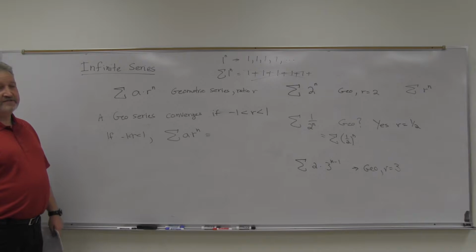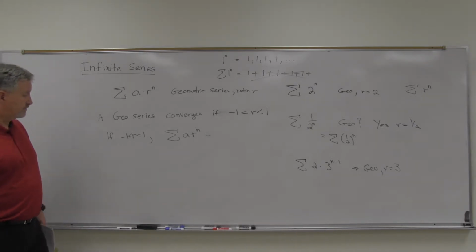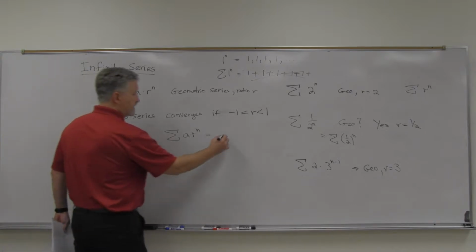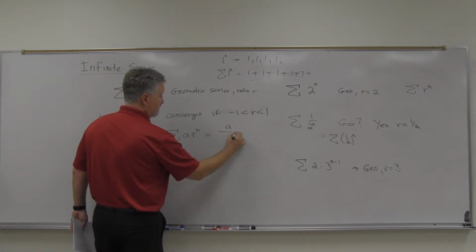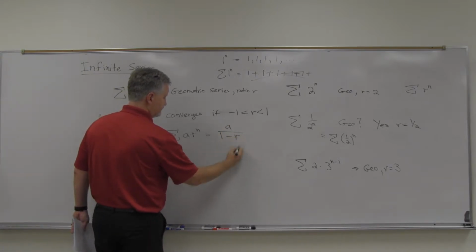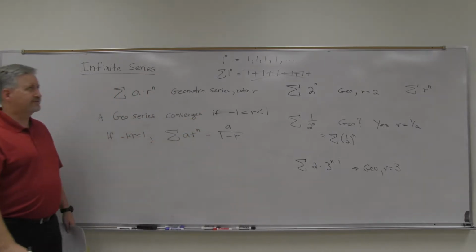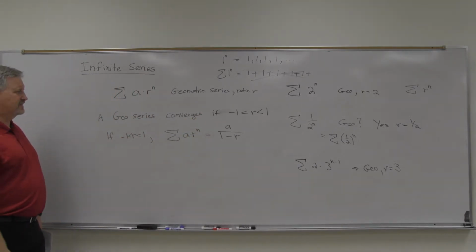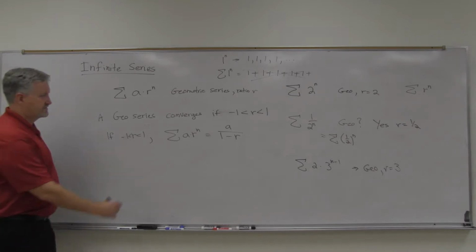If you've got R between 1 and -1, the sum turns out to be A divided by 1 minus R. And that can be a little bit misleading, because this is hinging on